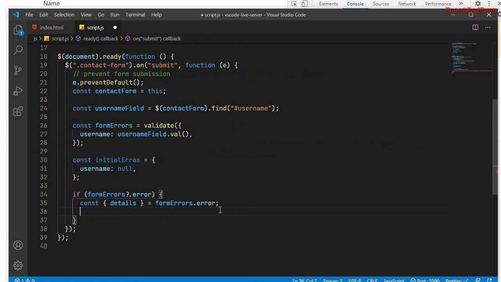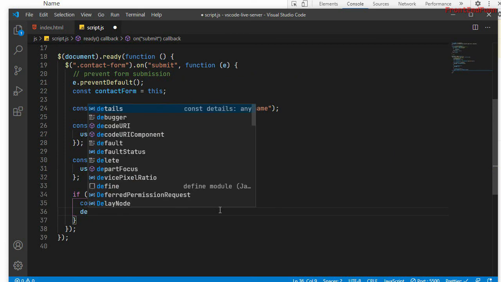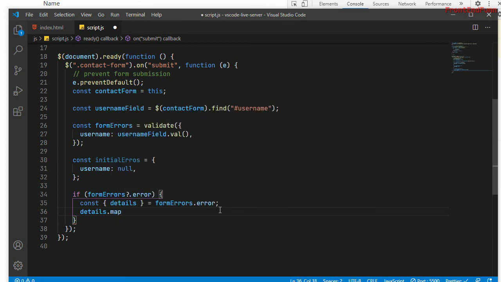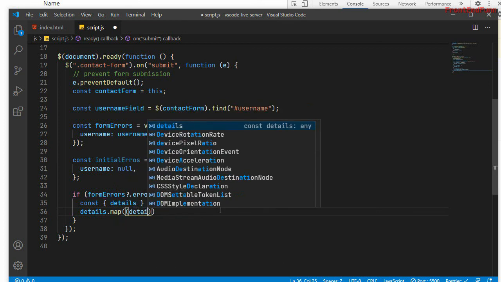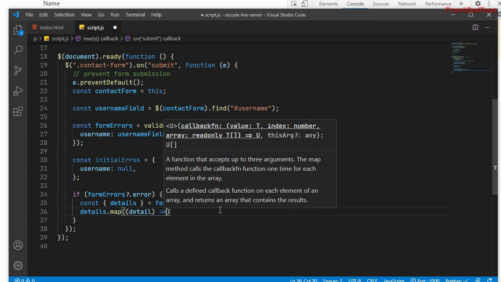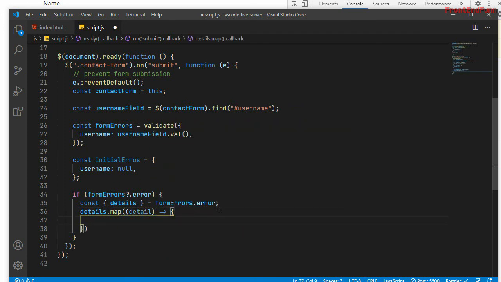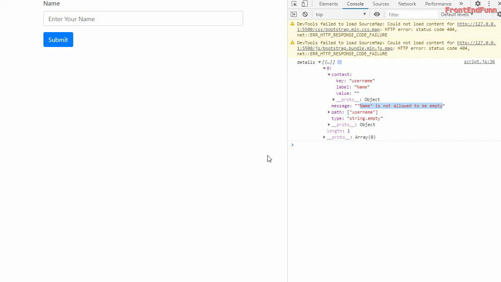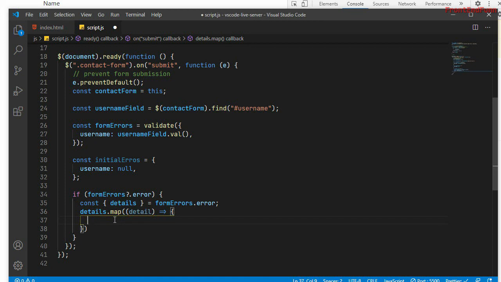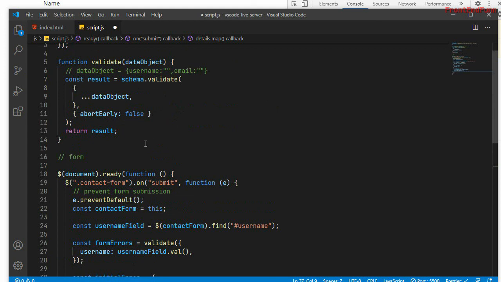So I'll just get rid of this console log, and what I can do is details dot map, and we'll be getting the individual detail here. The individual detail contains the key, context dot key, as well as the message. I'm just interested in the key and the message. So all I can do is add the key to initial errors.